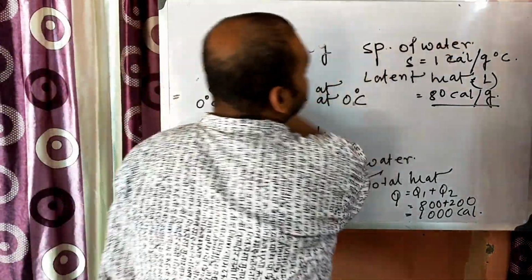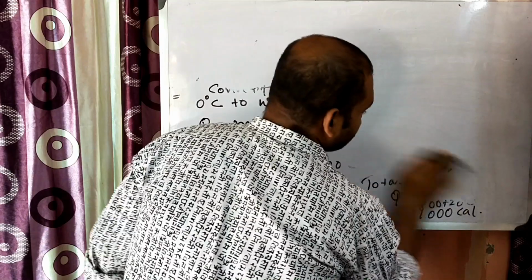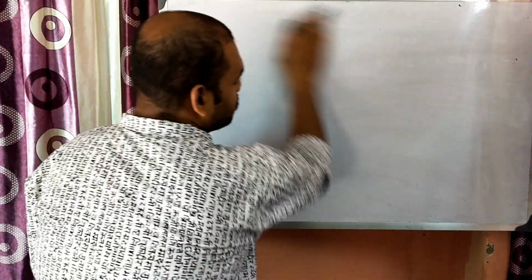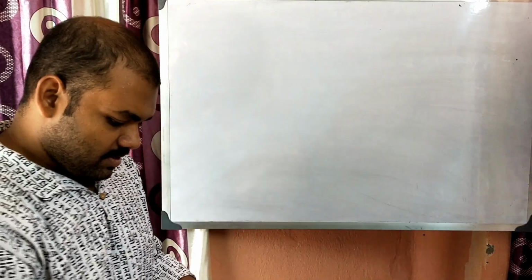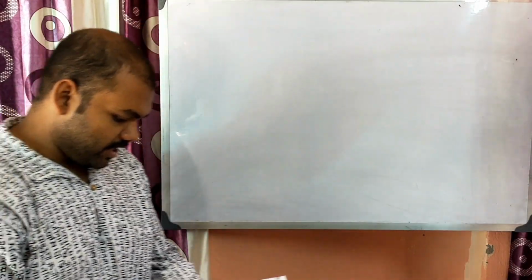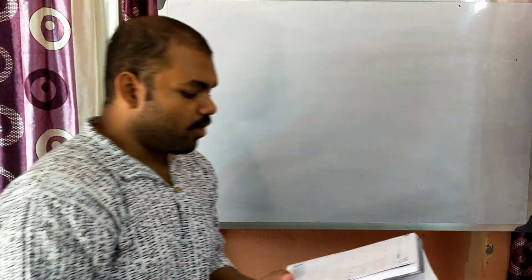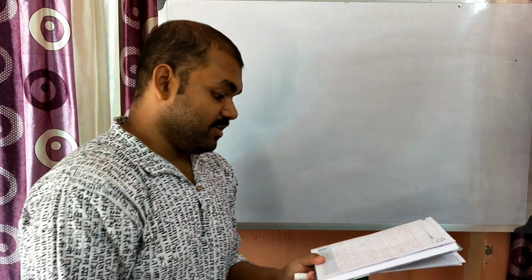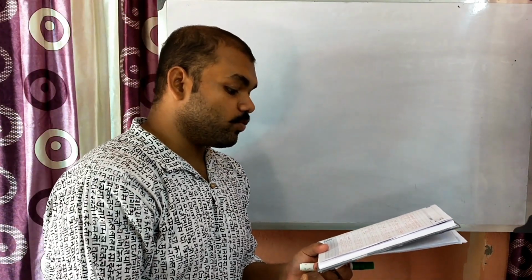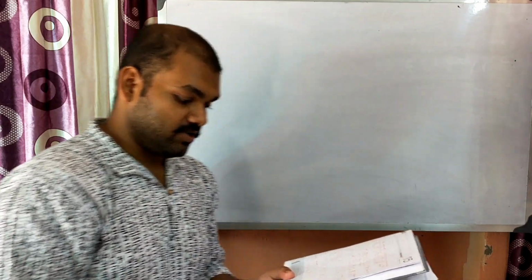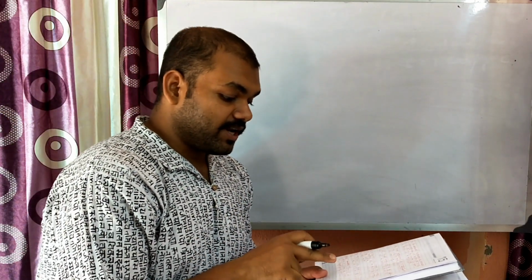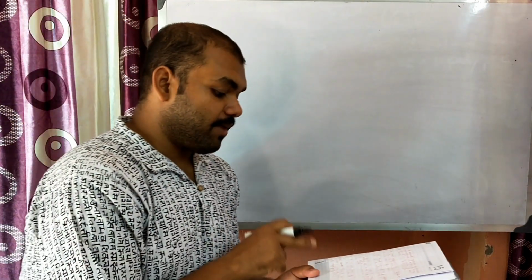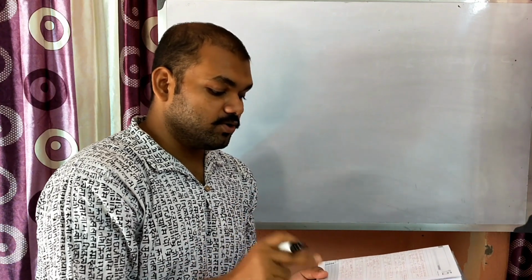Next, for the next sum, what is the next sum? So the next sum is, I am dictating, okay, listen carefully. Temperature of how much of water can be increased by 5 Kelvin by applying 2100 joule of heat. Okay, so I am repeating, temperature of how much of water can be increased by 5 Kelvin by applying 2100 joule heat.